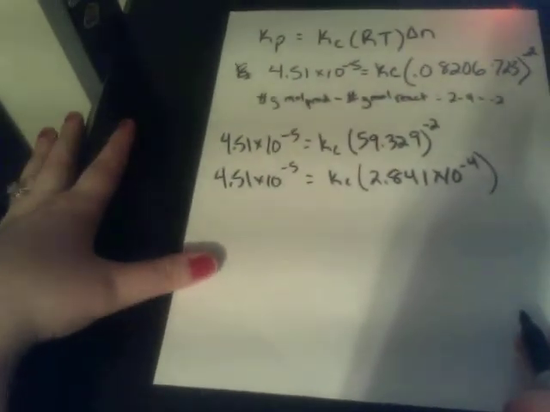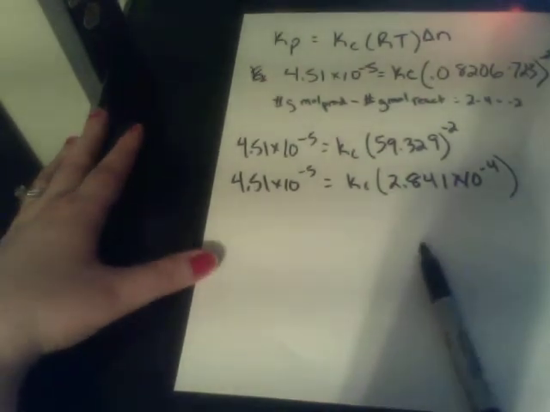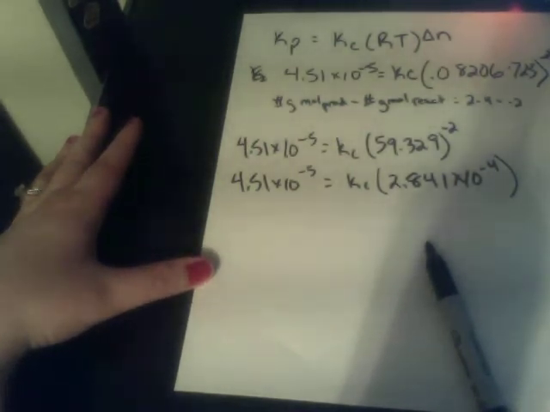And to solve for K sub C, simply divide 4.51 times 10 to the negative 5